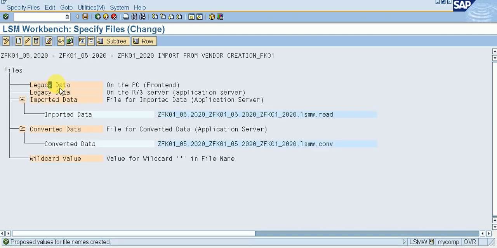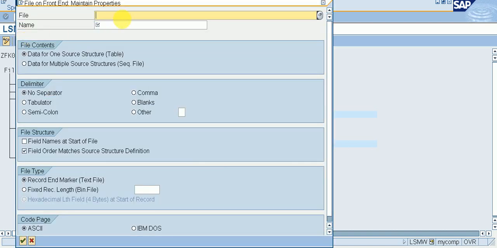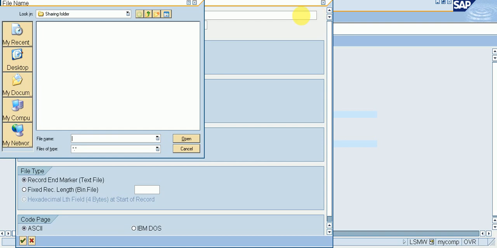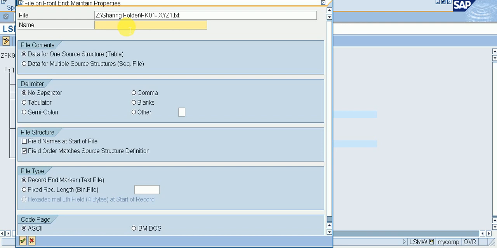So after that we need to go create, add entry, take file, desktop, computer, sharing folder, the FK01 XYZ1 file what I had created, open it, vendor creation file.